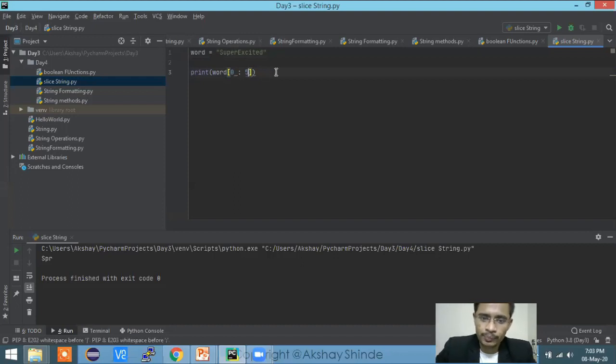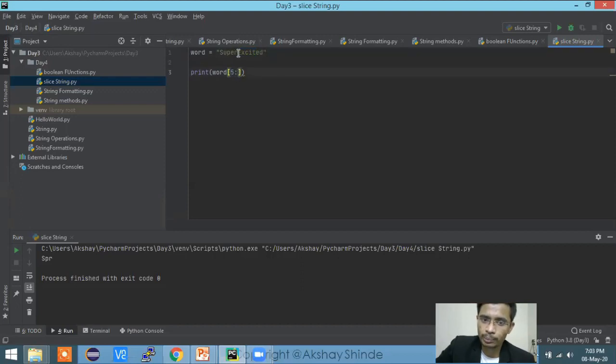So let's move towards excited. If I want to print excited, you have to write the first index and the last index. The first index of E is 5. You can count from here: 0, 1, 2, 3, 4, 5. So 5 is correct. If you are not sure, or if you want to print till the last letter, you don't have to count everything. If I ask you to print only excite, then you have to count till 5, 6, 7, 8, 9, till 9.